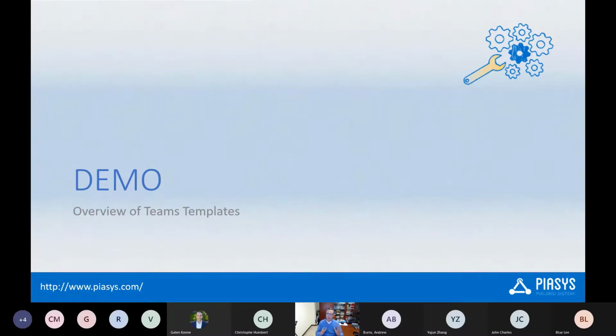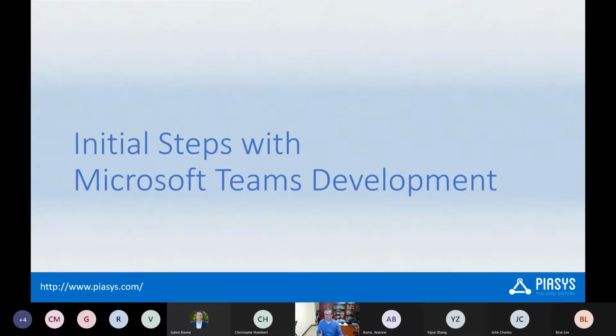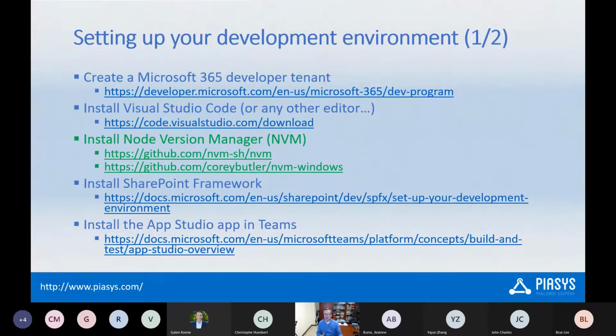Now, we saw quite a lot of extensibility points. We saw that we can create tabs, we can create messaging extensions, bots, task modules, we can use adaptive cards, we can create outgoing and incoming webhooks, we can create connectors, and we can play with the Teams templates. From a developer point of view, we need to set up a development environment to be able to create such kind of stuff. What we need to do is, first of all, to create a developer tenant, a Microsoft 365